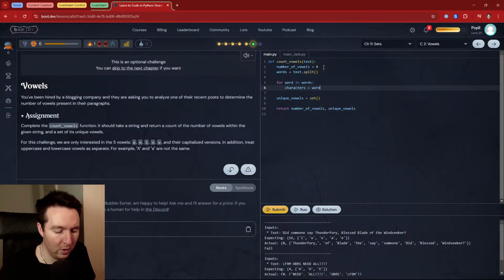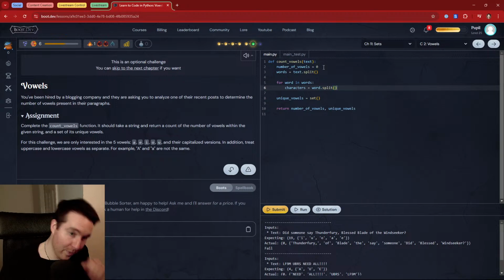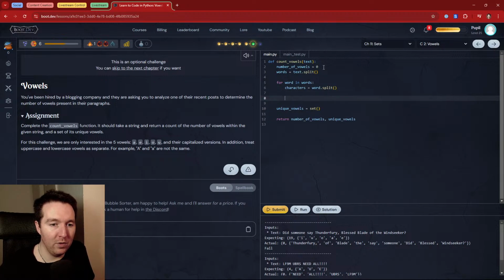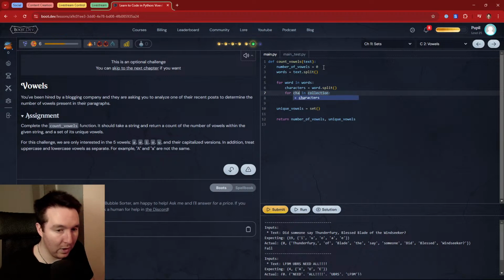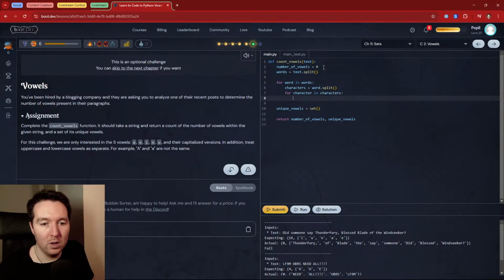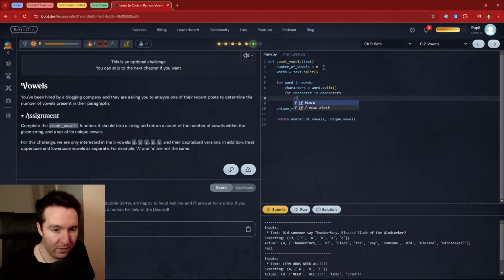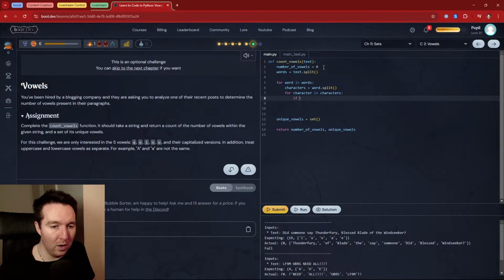Oops, word dot split. And we're going to do basically for loop again, so we're going to do for character in characters if character